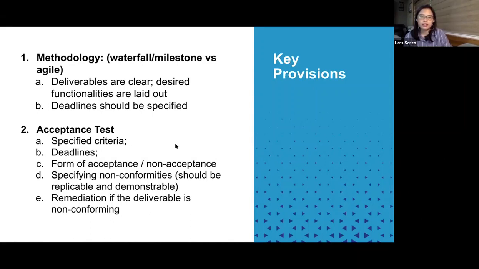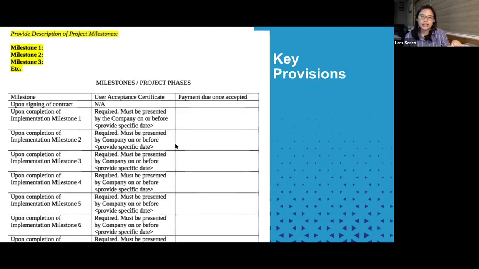So in terms of methodology, one of our panelists would be discussing this more closely, maybe later or during the discussion. It usually takes two forms. Either you set up your deliverables or you specify it through a waterfall method where you identify specific milestones, or you do agile. So for contracts, it's simpler if you can implement a waterfall method. So this would refer to instances where you can divvy up or you can divide your IT development project into certain milestones that could be clearly identified.